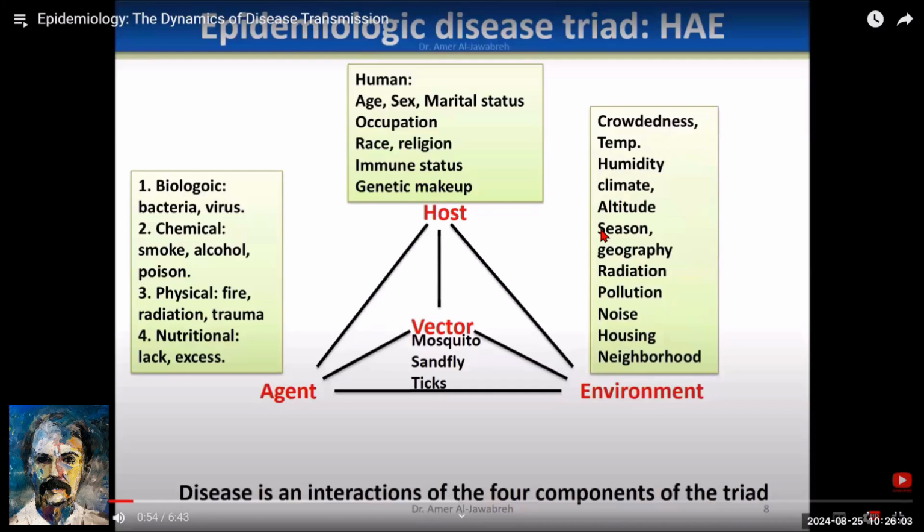Environment. You need the appropriate environment for this bacteria or this disease to exist. So you have the host, you have the agent, you have the vector, but the environment sometimes does not support it, or it supports it. What does environment mean? Crowdedness. If you are in a school, a crowded university, in a jail,